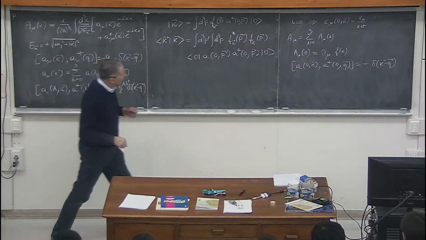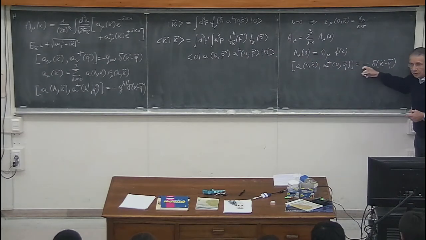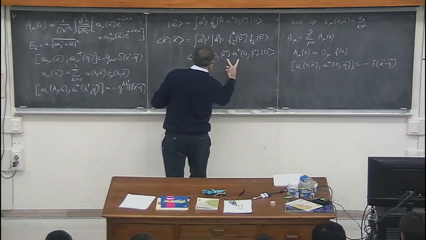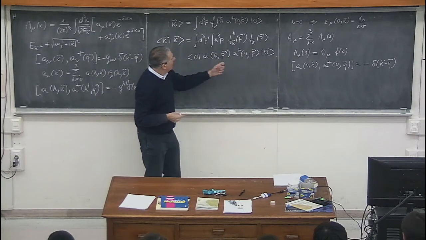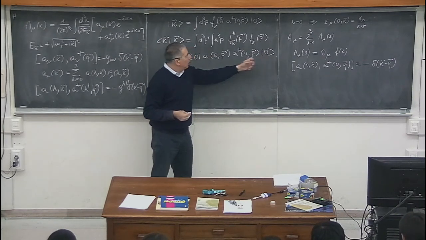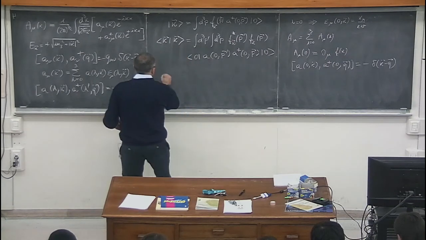Now I use the commutation relation, which has the wrong sign. If I use the commutation relation, I can commute these two creation and annihilation operators; when a acts on the right on the vacuum state it gives 0, and you are only left with the commutator, which has a minus sign. So this is minus